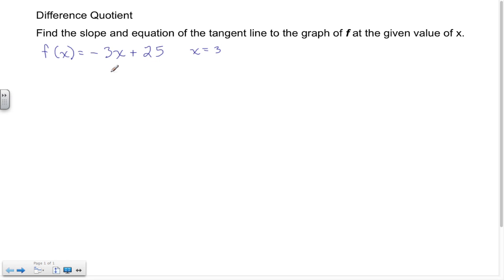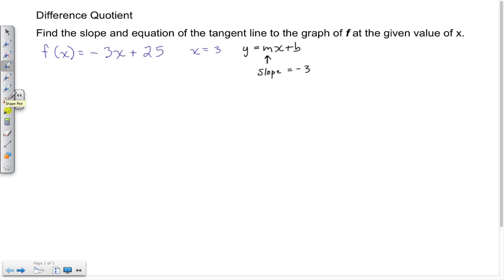Before we begin with the difference quotient, let's notice that this, negative 3x plus 25, is a linear equation. We know that because we have a single variable, and that variable is being taken to the first power. So we know we have a straight line. If it's in the form y equals mx plus b, then the value of m would be the slope, which is the coefficient of the x term, and here that coefficient is negative 3. So before we use any calculus or the difference quotient, we know that the answer is negative 3. But let's continue to show, as the exercise asks, that the difference quotient still brings us to the same conclusion.